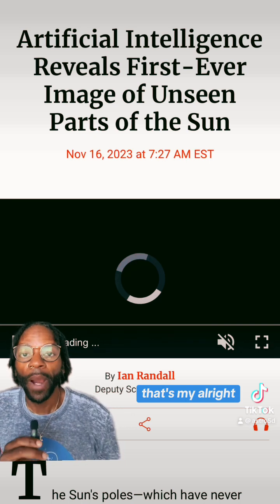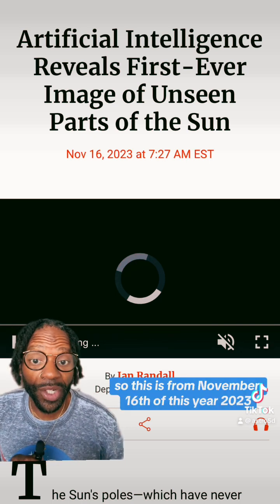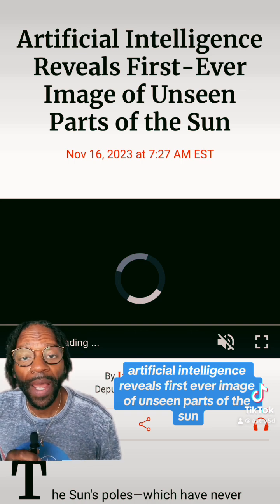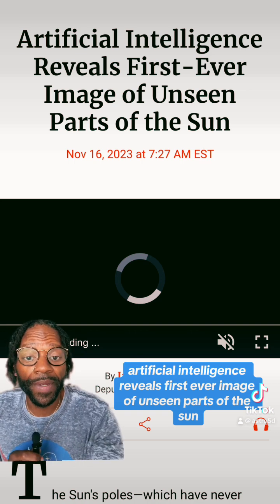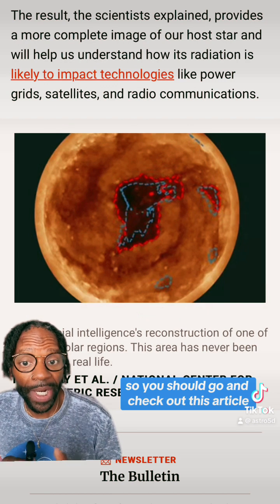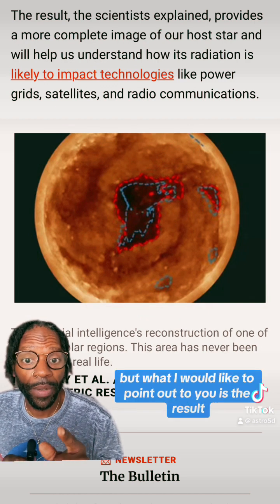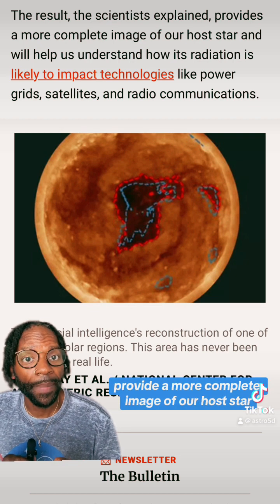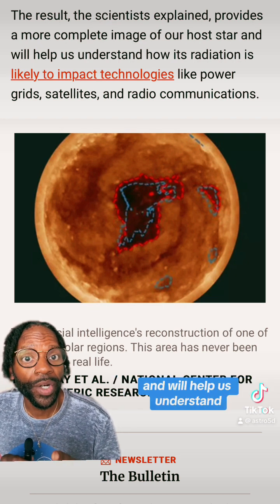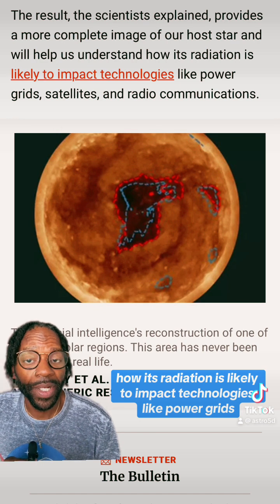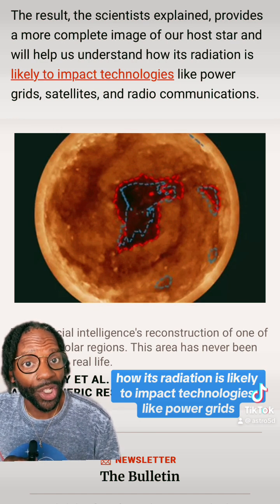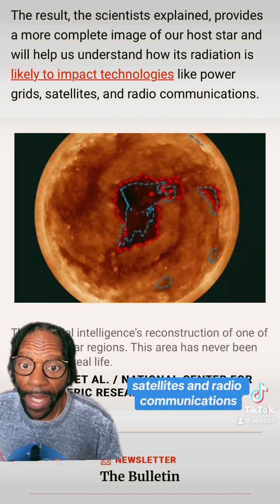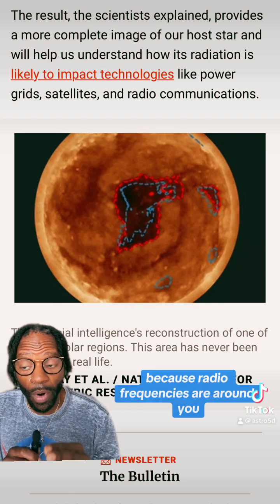All right, so this is from November 16th of this year, 2023, so really recent. Artificial intelligence reveals first ever image of unseen parts of the sun. So you should go and check out this article, but what I would like to point out to you is the result. The scientists explain it provides a more complete image of our host star and will help us understand how its radiation is likely to impact technologies like power grids, satellites, and radio communications,